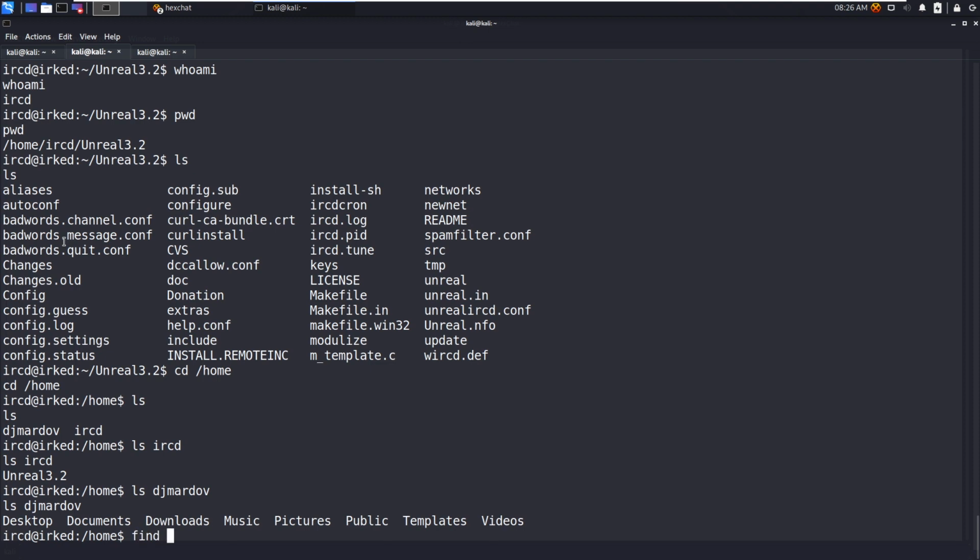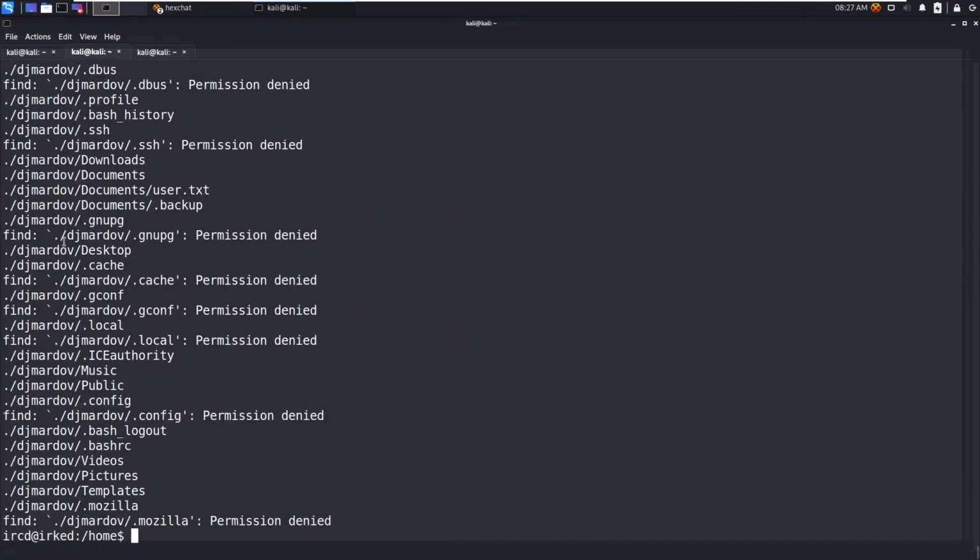Let's say find dot, or we can say find djmardal. What we can do is find dot, then grep -v to not include this string, permission denied.